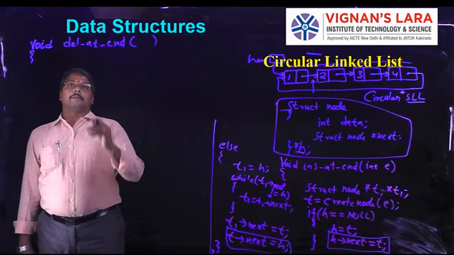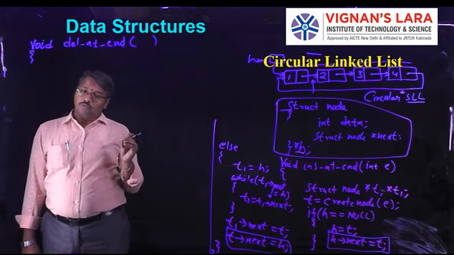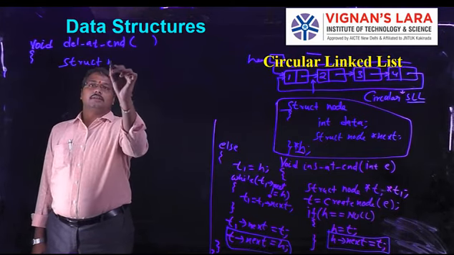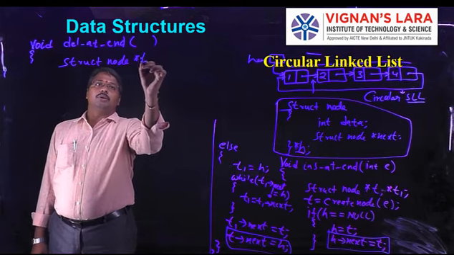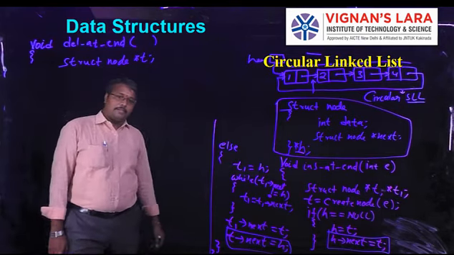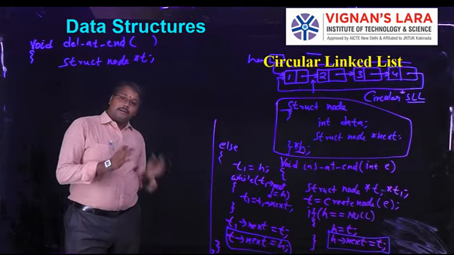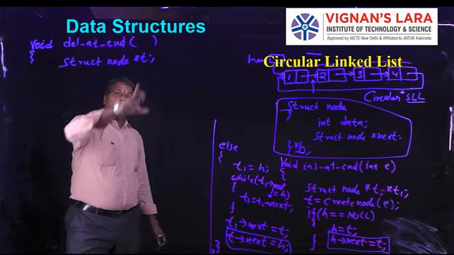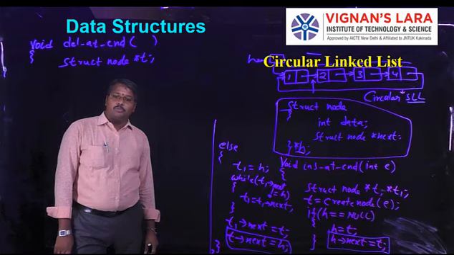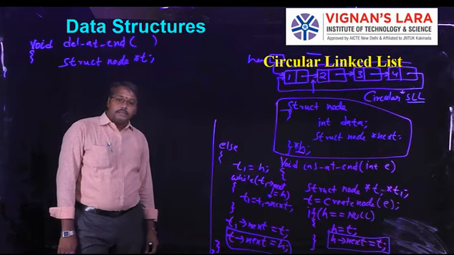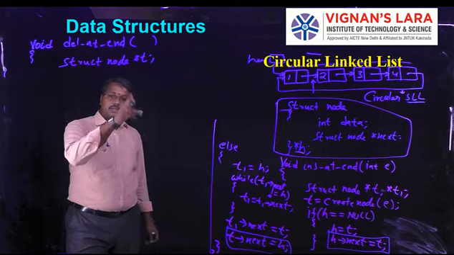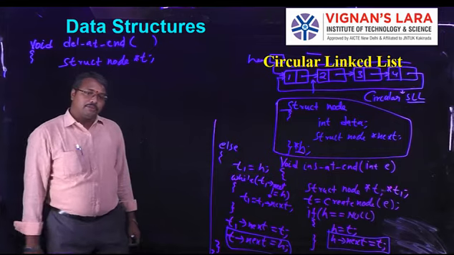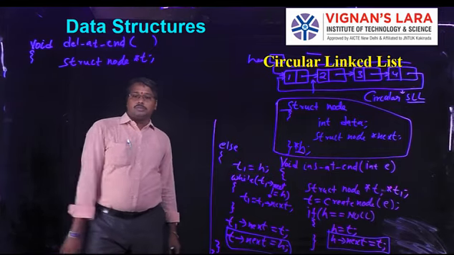First thing, here we need to free the memory of the pointer also. So for that, the deleted node address I am saving into some temporary pointer. That's why I am creating T. Once again I am repeating, the deleted node address memory must be freed. That's why I am using a temporary pointer. So by using a temporary pointer, the deleted node address is copied into this, and by using the free function, I free the memory of that particular node. So struct node star T.